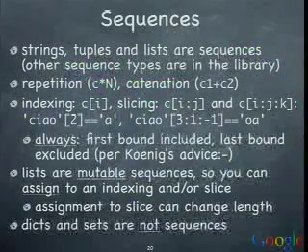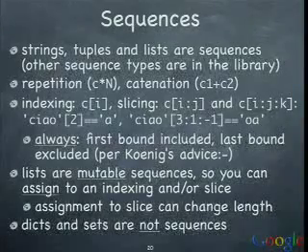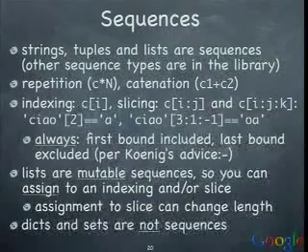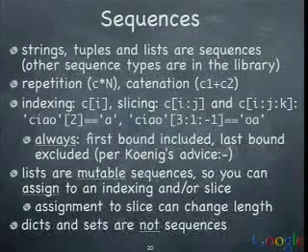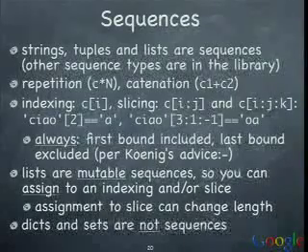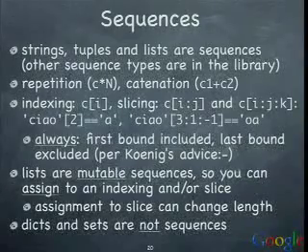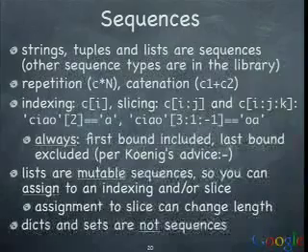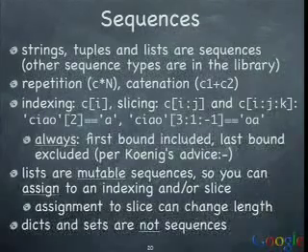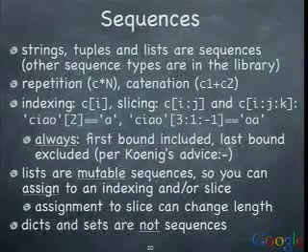So strings, tuples, and lists are sequences. Dicts and sets are not, because essentially they're not really order sensitive. They're in any which way. The order doesn't really matter. But strings, tuples, and lists are in a certain specific order, which is exactly the order in which you've built them, and so they're sequences. Every sequence can be repeated and concatenated, as I mentioned earlier for strings. They can all be indexed, and that also goes for dicts, but